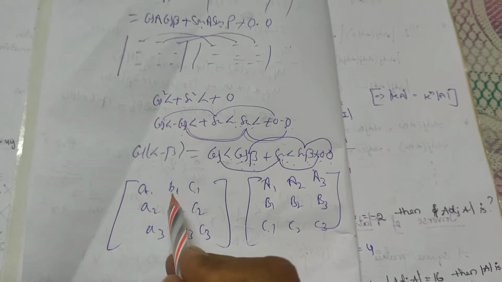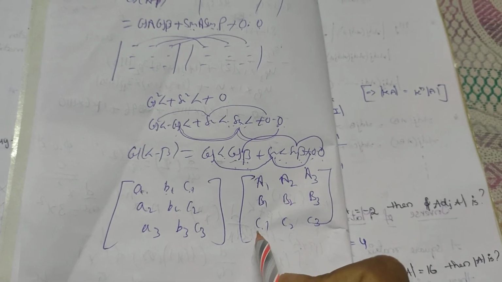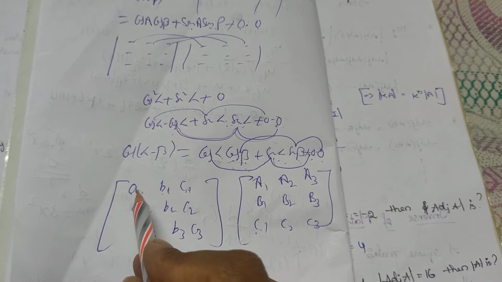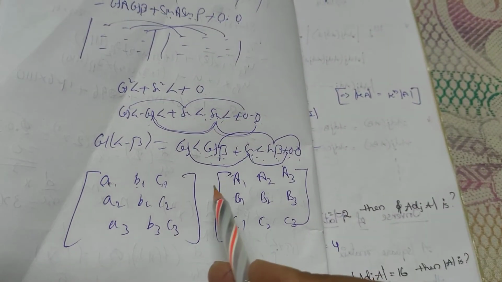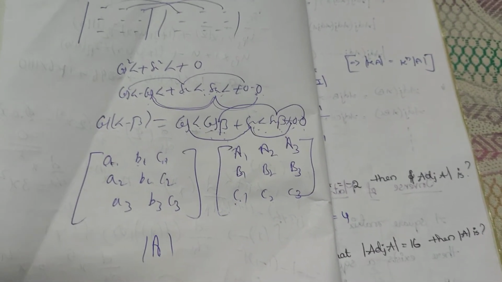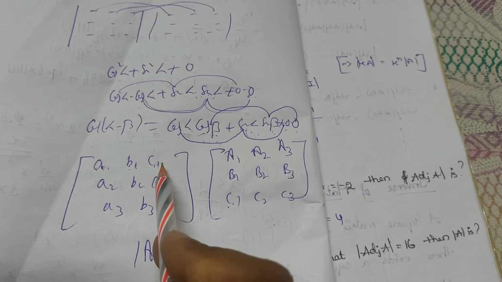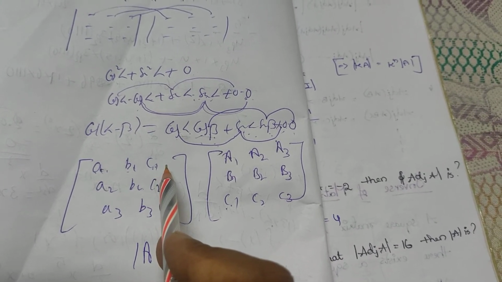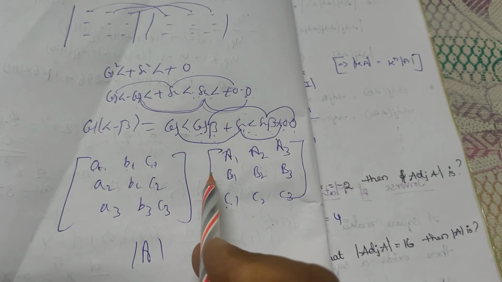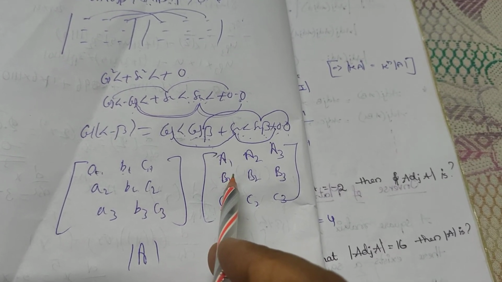What is this? Here A1, B1, C1 are the first row entries, and capital A1, B1, C1 are the corresponding cofactors of this same row. The sum of the products of the elements of any row with its corresponding cofactors only is equal to det A, by formula. Same way, the sum of the products of the elements of any row with the corresponding cofactors of any other row or column, row wise or column wise, is equal